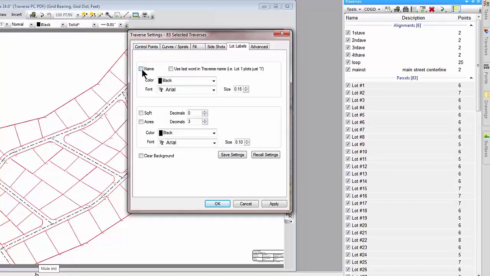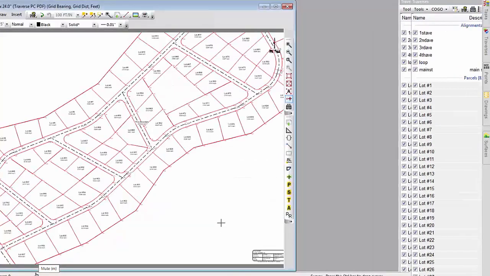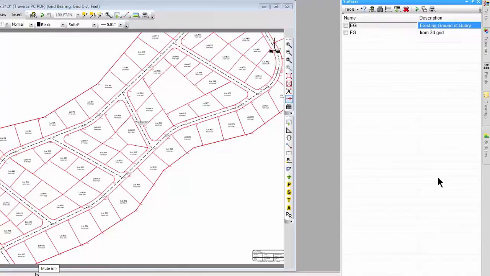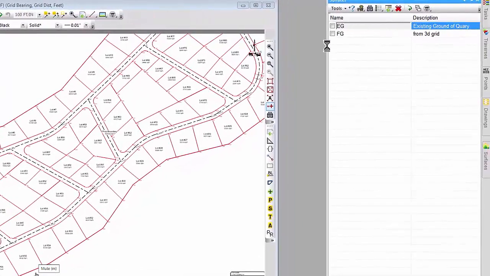So let's turn on the name. Let's turn on the square feet for each one of those, and let's choose OK. So now here are all my LandXML parcels named, the areas, the points, the shared lot lines, and the alignments in here. And then finally, if I want, here are my surfaces,